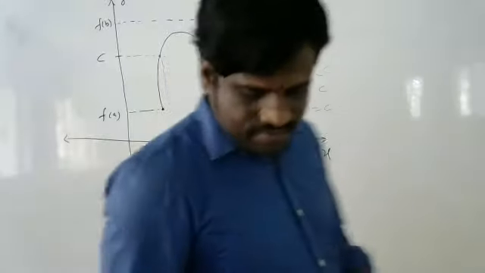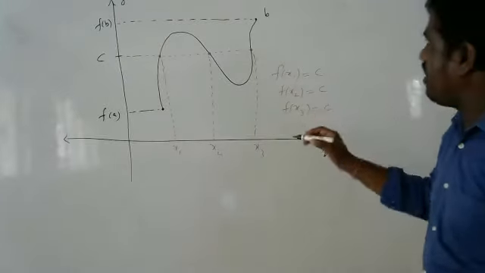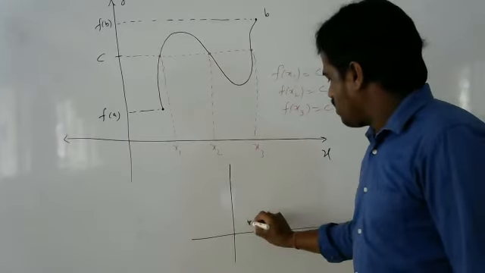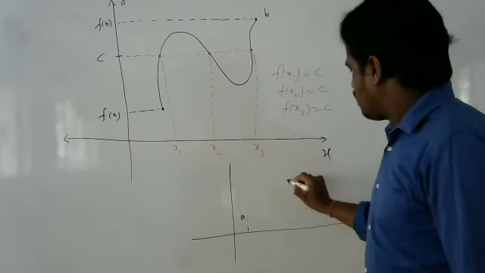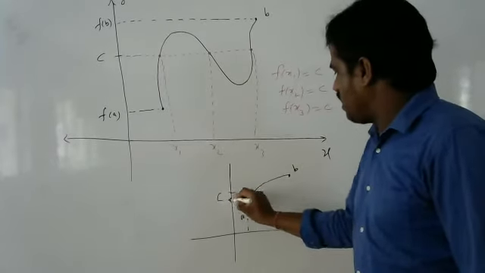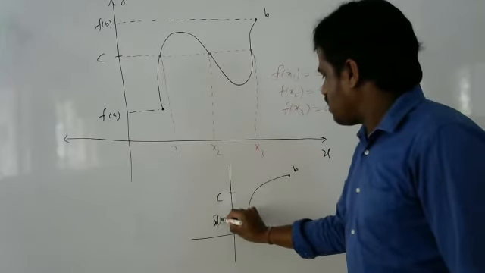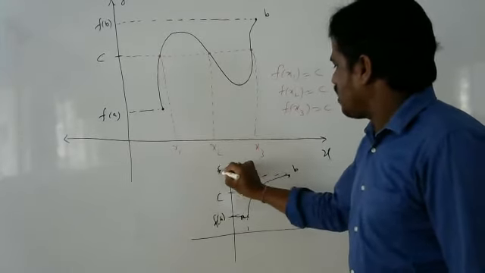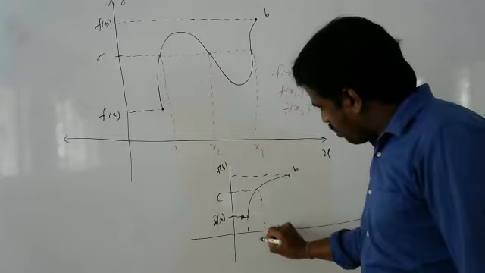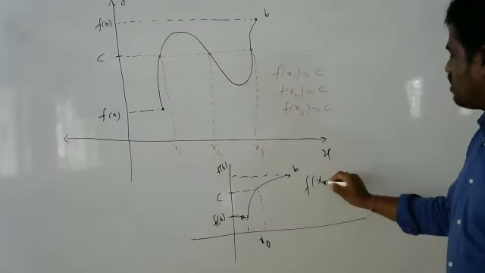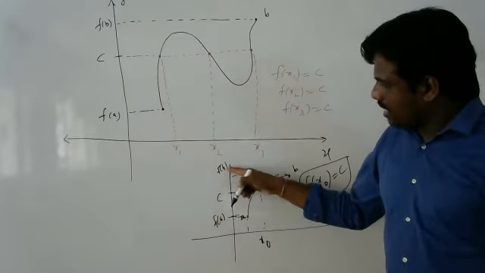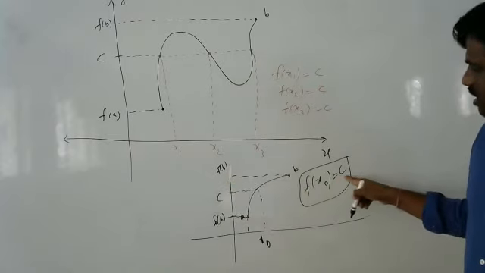Did you understand this graph? To make you understand clearly, this is one type of graph. Another type of graph is what I explained in the beginning. This is the a point, this is the b point. You have one straight road. Here this is the c. It is f of a, and this is f of b. If c is there, then there exists one, that is x naught, that is f of x naught is equal to c. This is what intermediate value theorem says. If c belongs to (a, b), then f of x naught is equal to c.